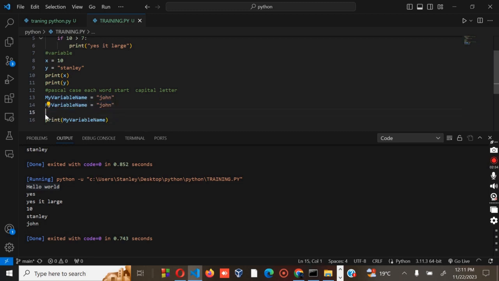Okay, let's treat again. These are too many. Let's delete that. So let's remain with the one. So the most important part is that for the Pascal case, each word will start with a capital letter. Okay, let's go to the next one. And we have our next one, we have the snake case. Now for the snake case, it is